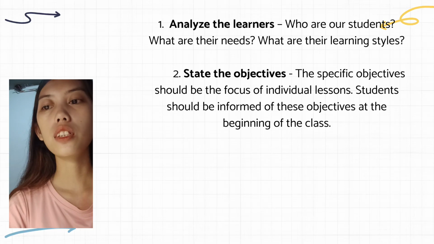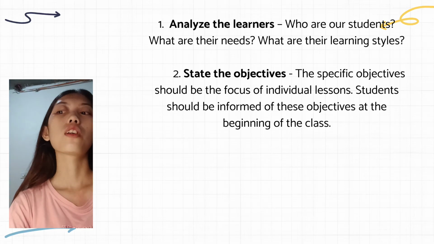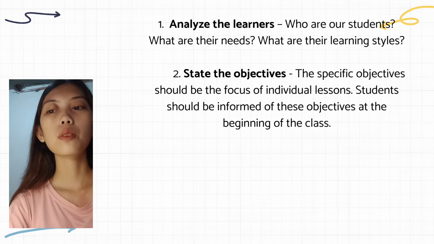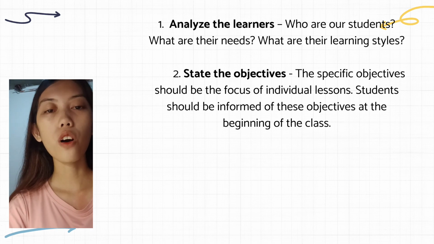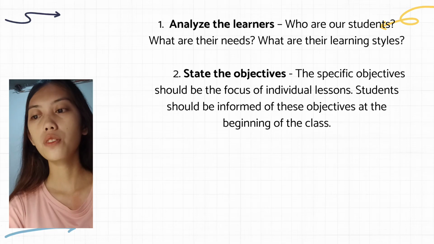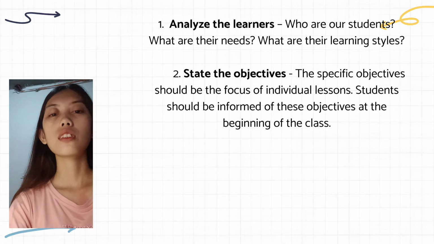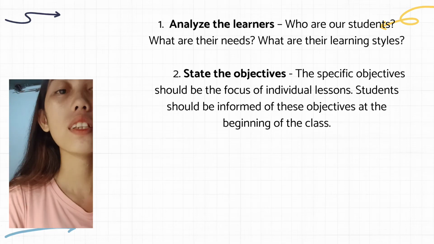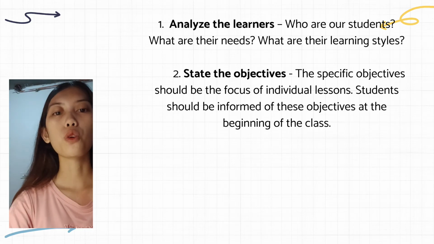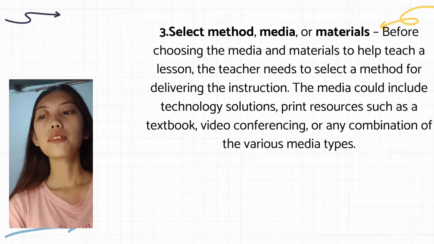So in analyze the learners, you should know the students first. Then number 2, state the objectives. The specific objectives should be the focus of individual lessons. Students should be informed of these objectives at the beginning of the class. So it is very important to state the objectives because these objectives are your goal for those lessons. Then